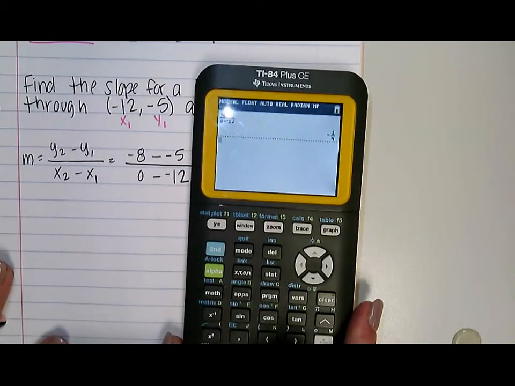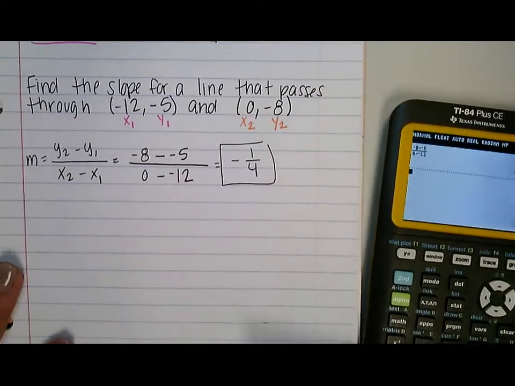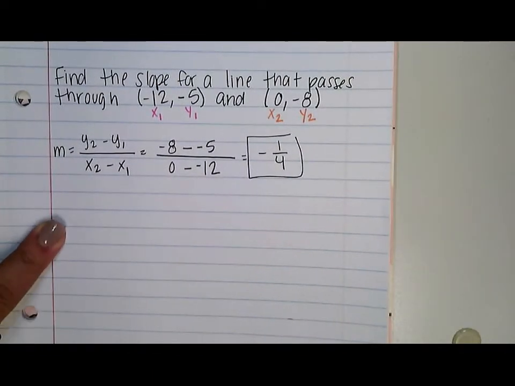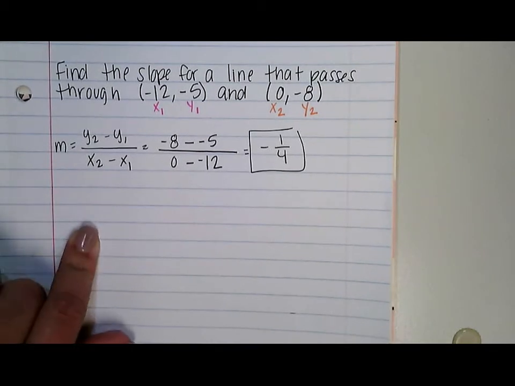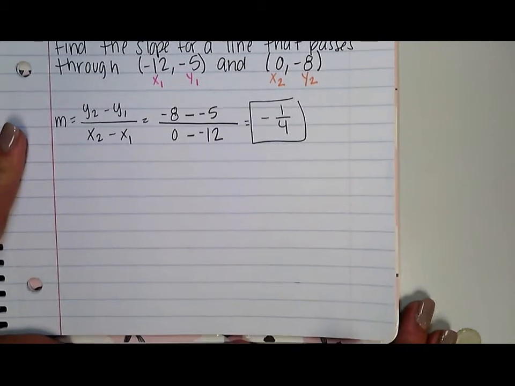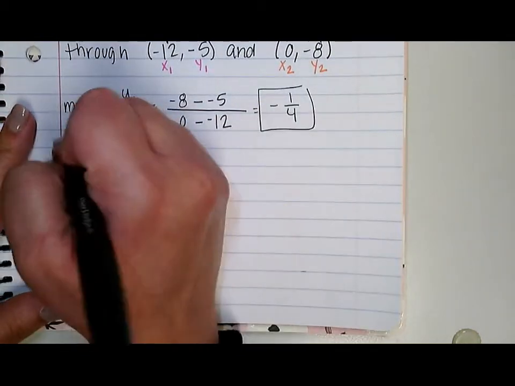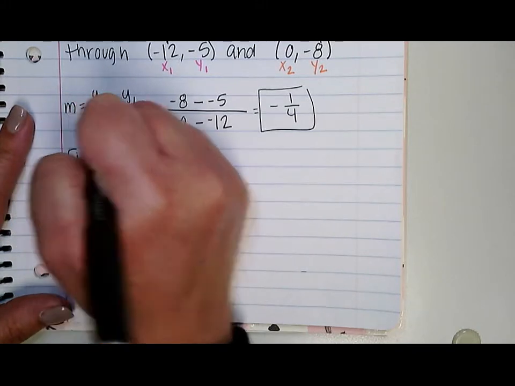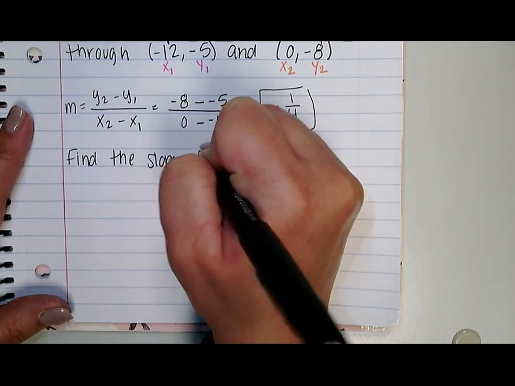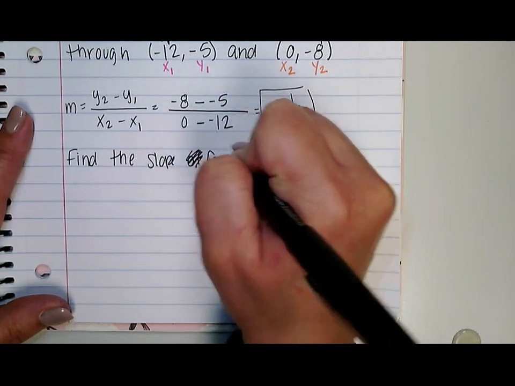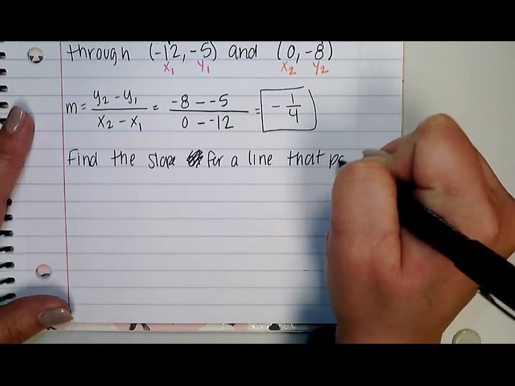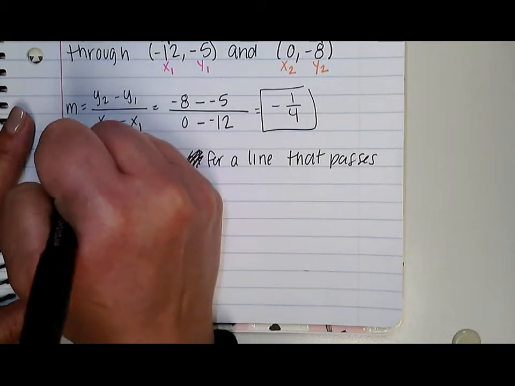Any questions? Okay. So I'm going to write out the next problem for you and let you work it out on your own. While you work on it, I'm going to walk around and pass out the tape. Find the slope for a line that passes through